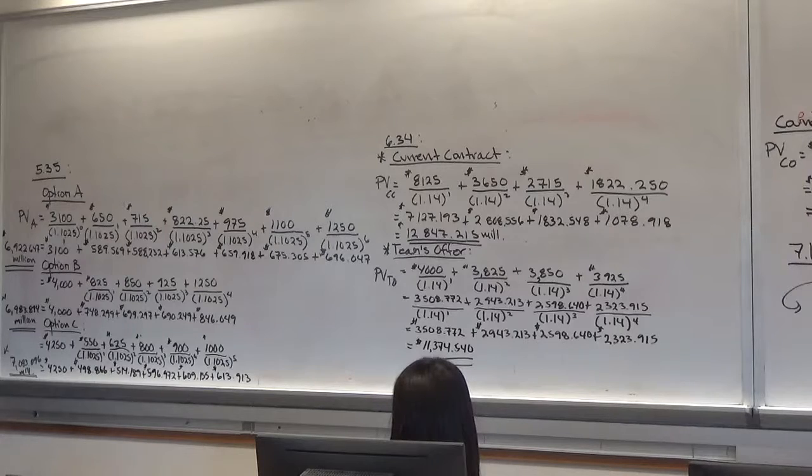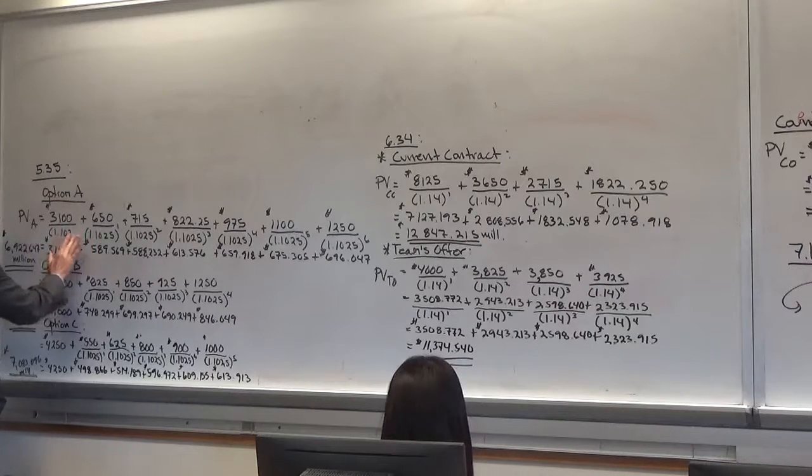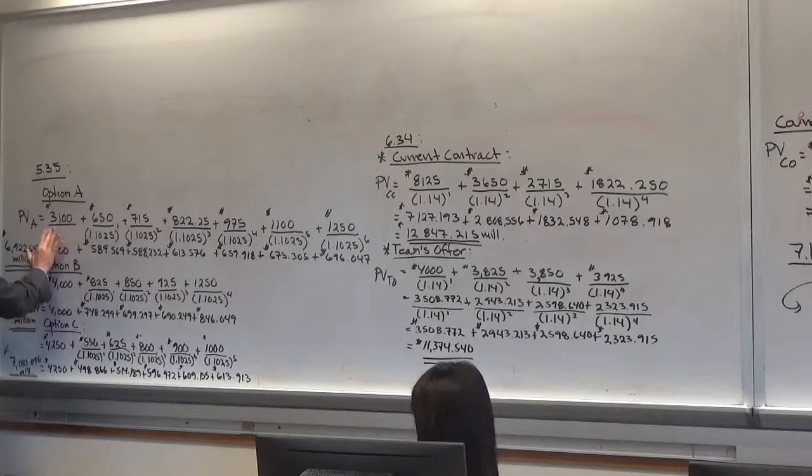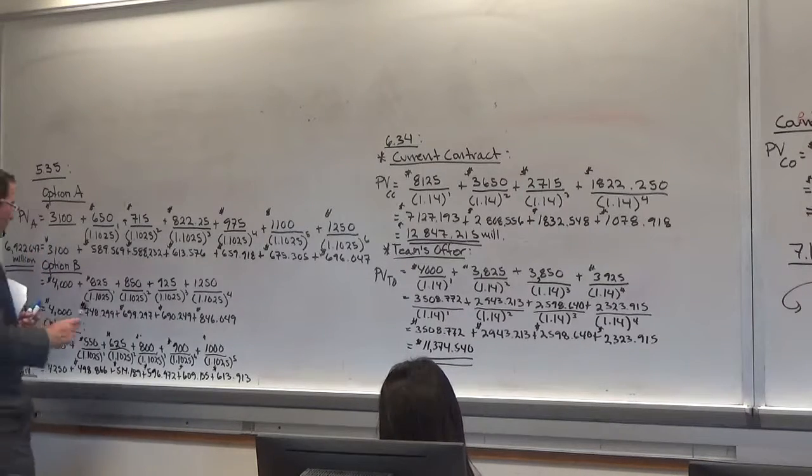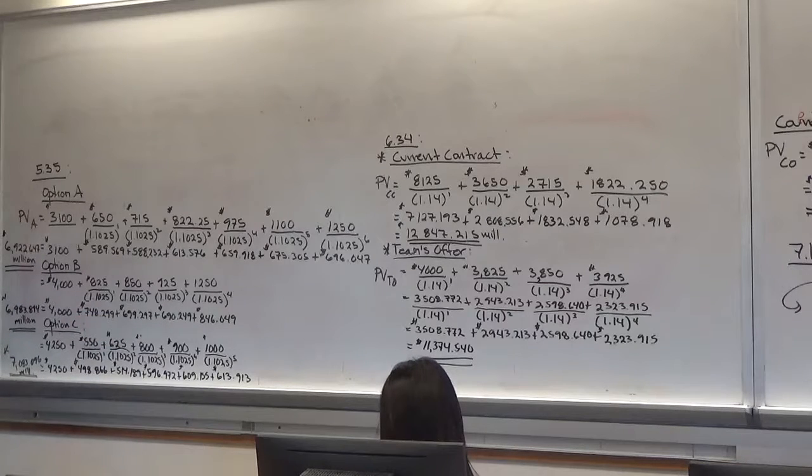So 3,100,000 divided by 1 is 3,100,000. Okay, so it doesn't do anything. And you're receiving this bonus up front right at the beginning of the contract, so you don't need to discount it. So then you calculate the discounted cash flows, add them up, and under option A, you would get